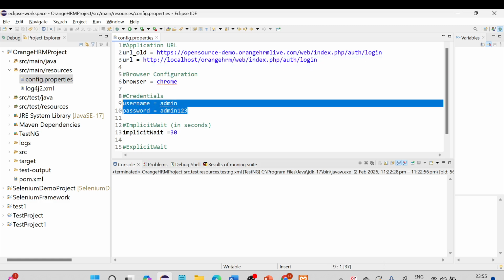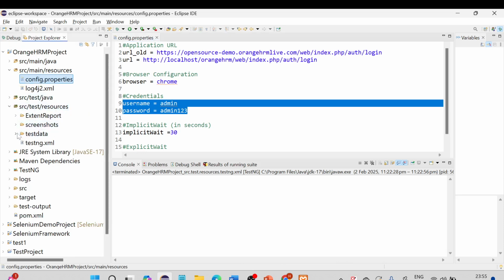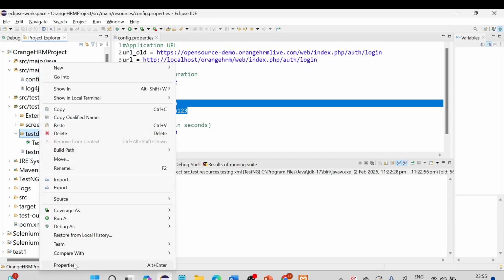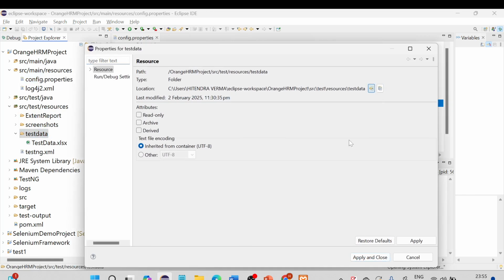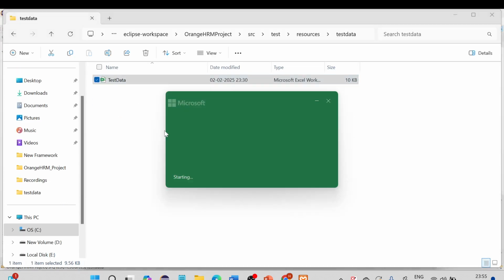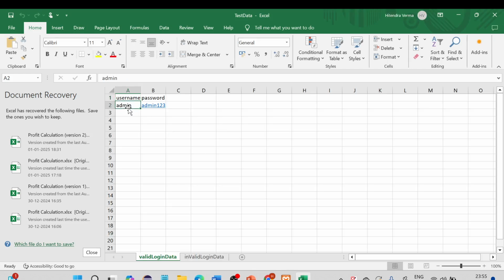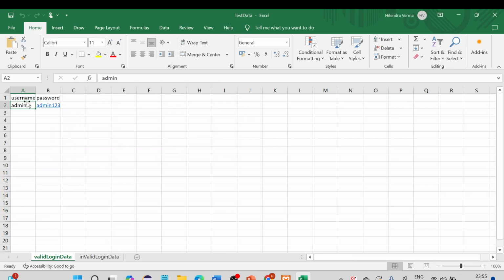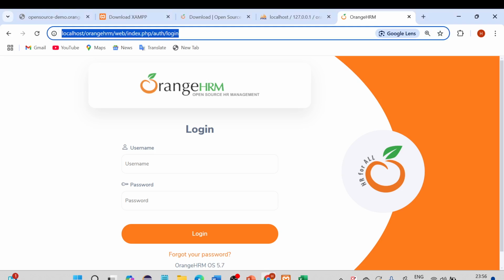This one is not required to change credentials because we are not taking the data from this config.properties. If you remember, in the data driven testing, we picked the test data from our Excel sheet, right? So let me go to that, and I need to change the username and password in this test data folder. Username,